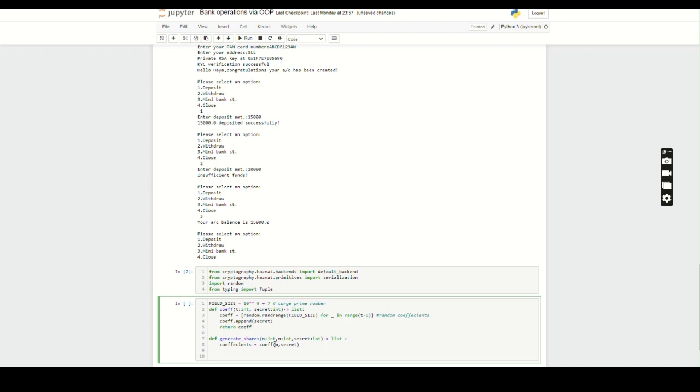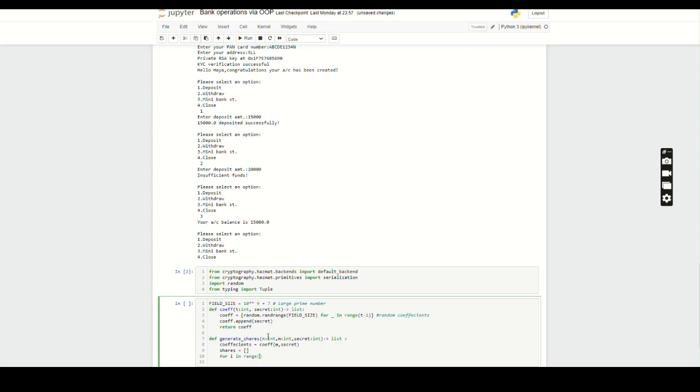Basically the degree of the polynomial is t minus 1, so the t that I used in the definition of coefficients is decided by the number of parties involved in the secret sharing process. Now shares, let's initiate a list shares like that, and then